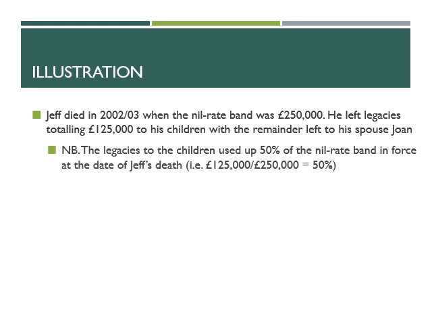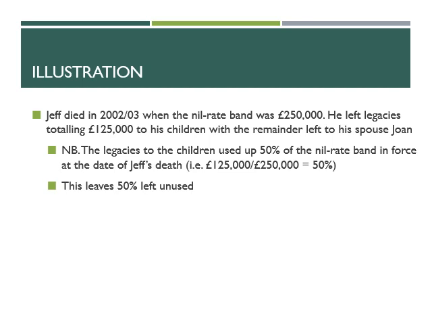Now, please note that the legacies that have been left to his children will have used up 50% of the nil rate band that was applied at the date of Jeff's death, and that's been calculated as the £125,000 left to the children divided by the nil rate band of £250,000. What this means is that 50% of his nil rate band was unused, and this can be transferred to the